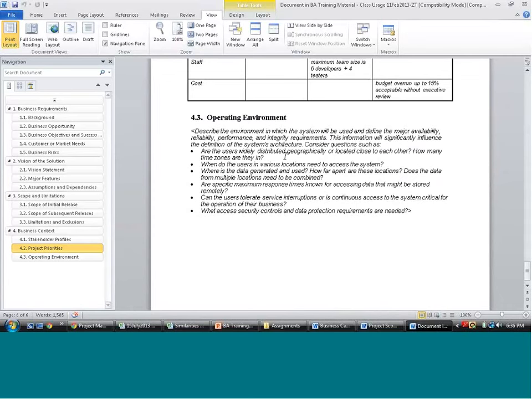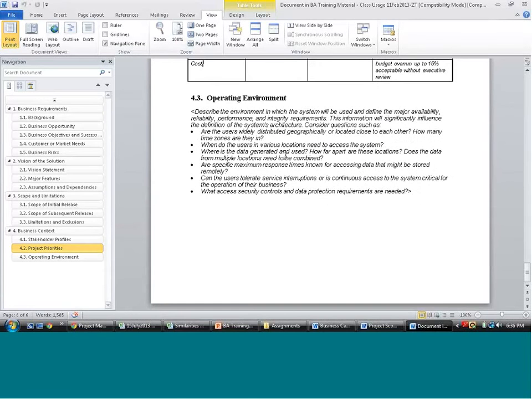What are the applications that you will use? Are there any supporting tools or software that you would use? Who will have access to what? How is data protected? How is project information protected? What are the types of meetings that you would have? So some of those examples could be part of your operating environment. So anyway,